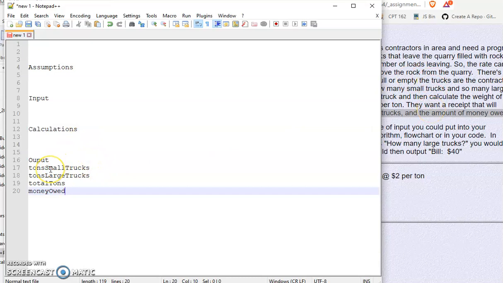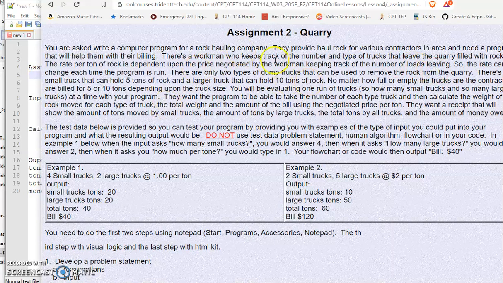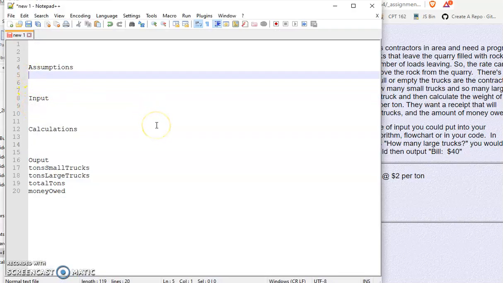We'll take a look at these and say, okay, the next thing I want to do is low-hanging fruit, and that's my assumptions. We look for the numbers. There's the number 5 and the number 10. So we need to put that into our assumptions. Those are what we call constants. They never change. So we'll do weight,